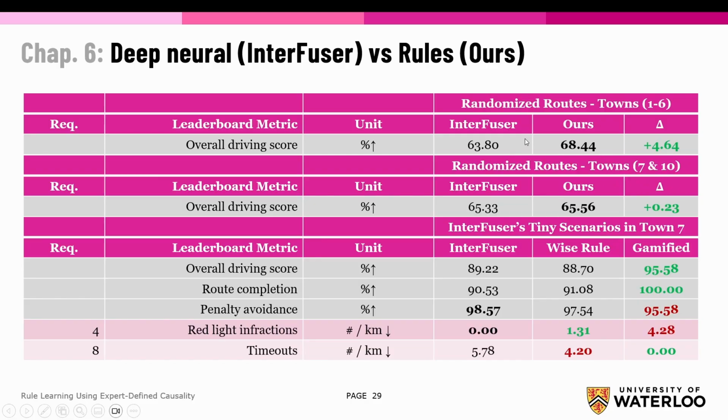And in both cases, of course, when it's in the same ODD, we are actually performing a little better. So my performance decreased a little bit, but we are still beating Interfuser in both cases, which is good because at the beginning, I just wanted to have a performance that is similar, but it turns out that not only can I have a performance that is similar, but I can manage to beat a deep neural architecture while having a white box. I've performed some other experiments, but I'm starting to run out of time,